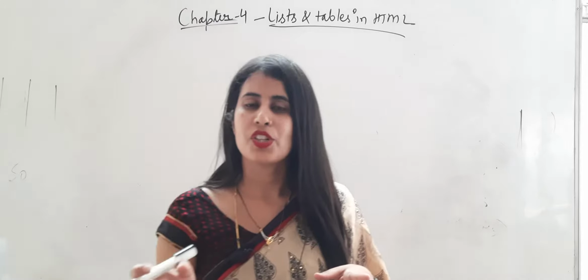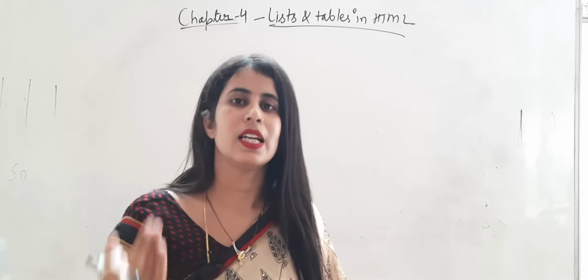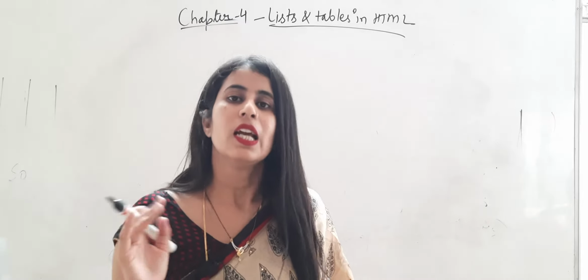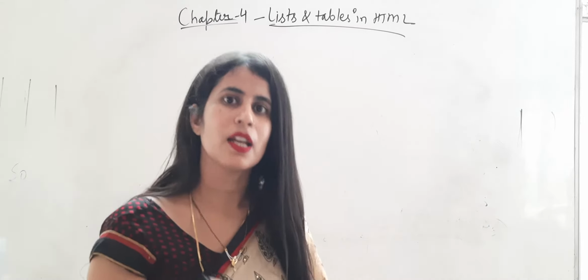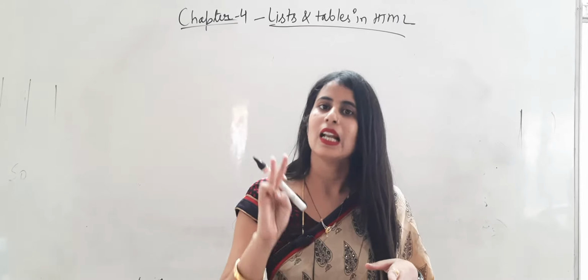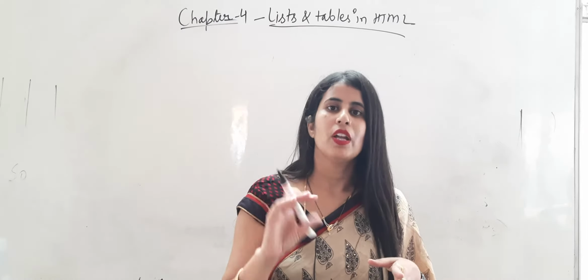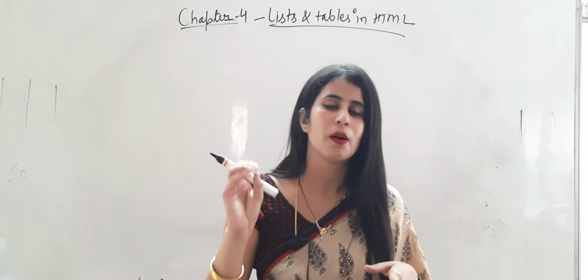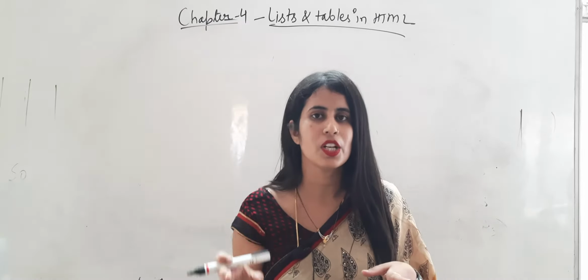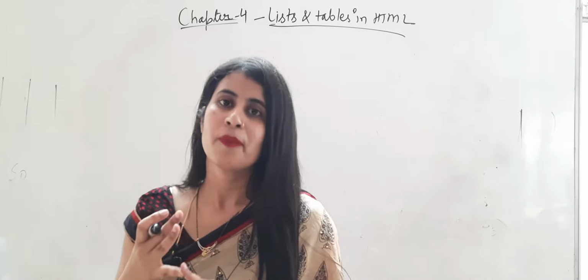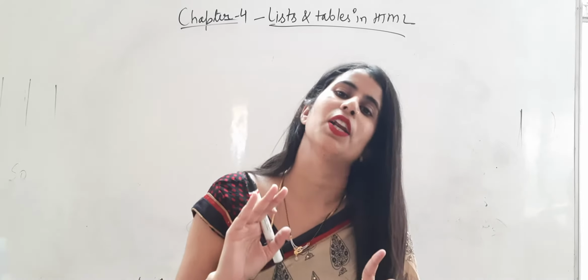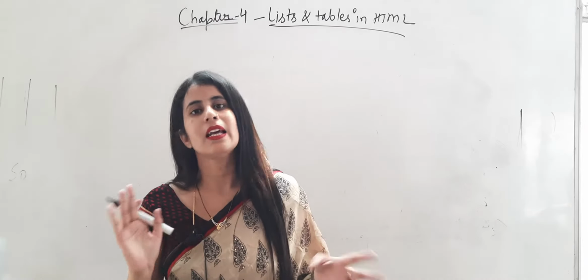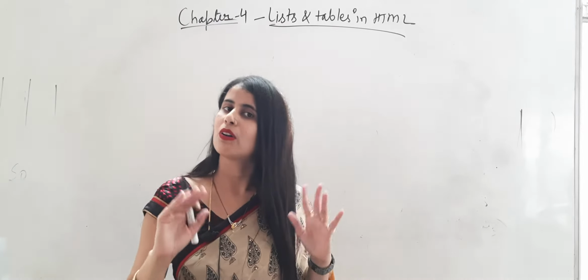What about definition list? Definition list we create by the DL tag. Definition list is also known as description list and here we use 3 tags: DL, DD, DT. When we have to write a term like computer and then write its definition, we use the DT tag, and if we are describing it, we use the DD tag. All are container tags. So this was about the lists.